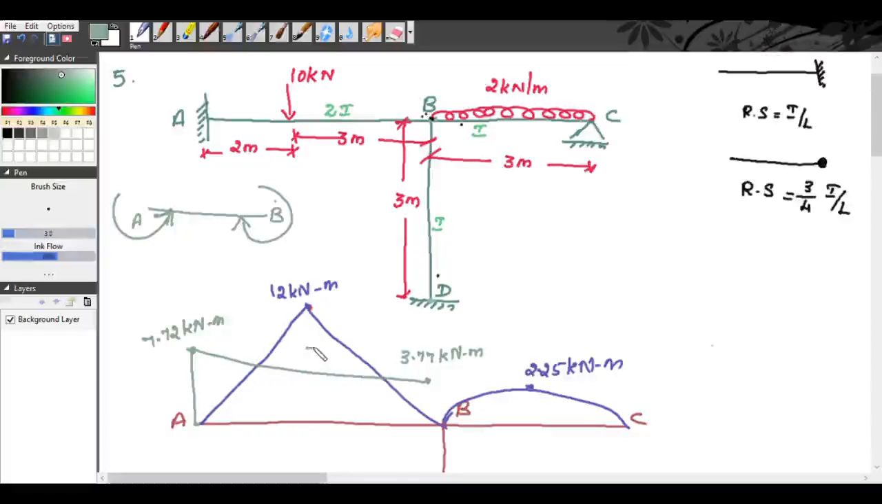Okay, that means this is positive, this is negative. From this to this point, you have a hogging moment, and from this to this you have a sagging. Then again from this to this you have a hogging. Then for the span BC, when you are considering the span BC,